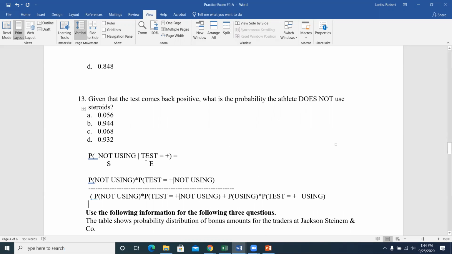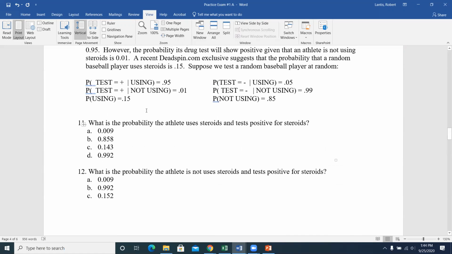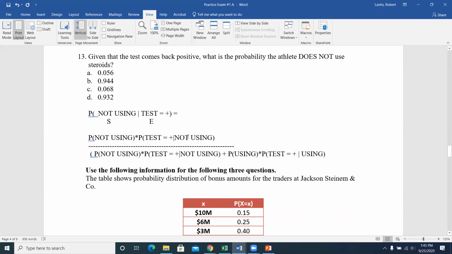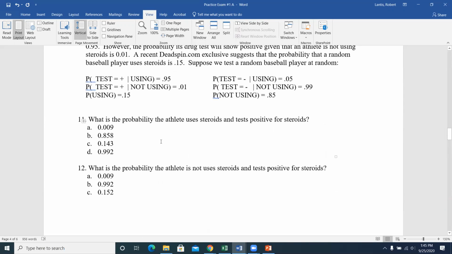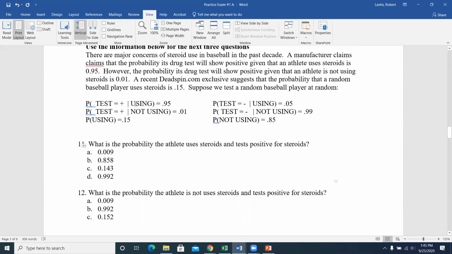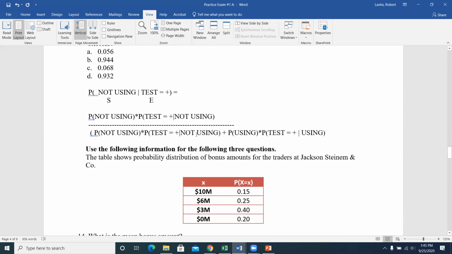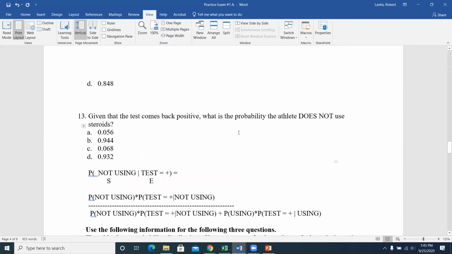At this point, it's really just plugging numbers in. Once I have it written out in the context of my example, what's the probability someone's not using? 0.85. What's the probability that, given someone's not using, the test comes back positive? Given that they're not using, the probability the test comes back positive is 0.01. Plug that in. Remember, the first part of the denominator is the same as what's in the numerator, so I just plug those numbers in again, 0.85, 0.01. The probability they're using,